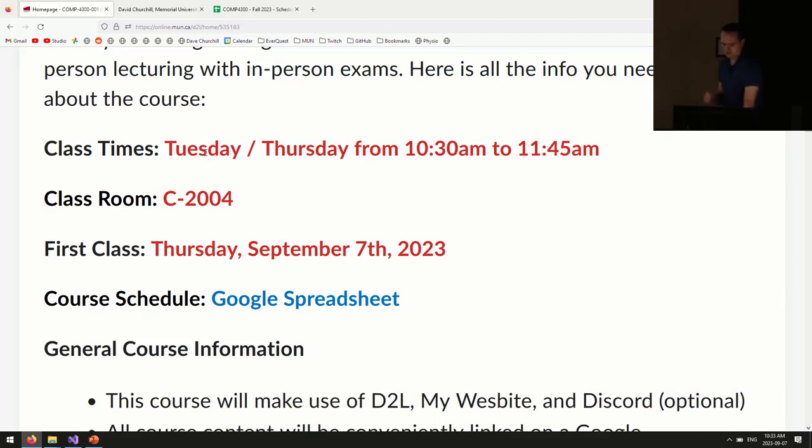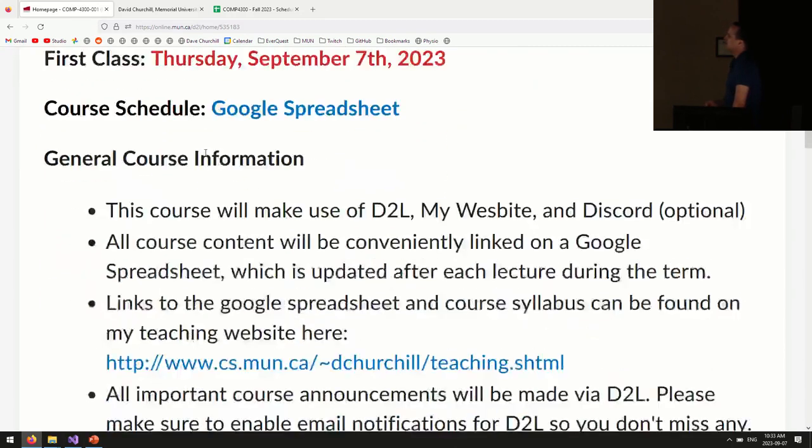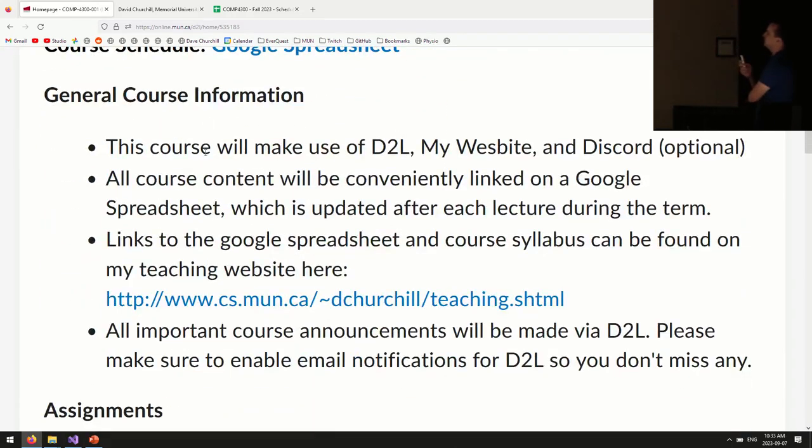Today is the first class. We have a Google spreadsheet. Who has taken a course with me before? Okay, so you pretty much know how it's going to go. About half the class knows that there's a spreadsheet, and I'll link to the stuff on the spreadsheet. The course will make use of D2L, my website very minimally, just for links, and Discord,